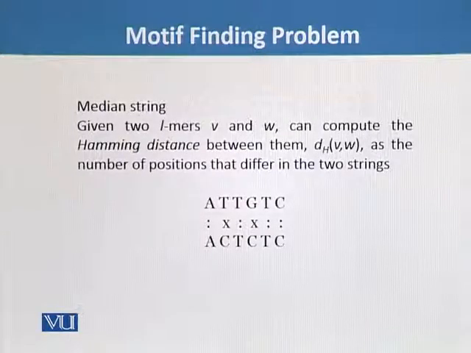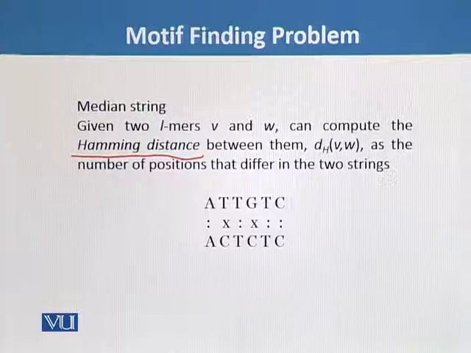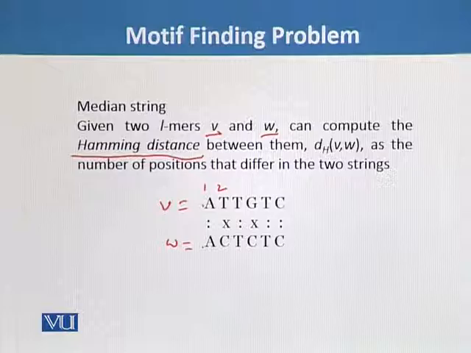So, I have already said that we have to calculate the Hamming distance between the two elements V and W. For example, this is the V element and this is the W element. In the first column both have A and A, adenine, adenine. But in the second column, in the V element there is a thymine, but in the same position in the W element